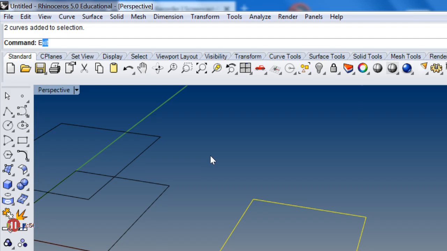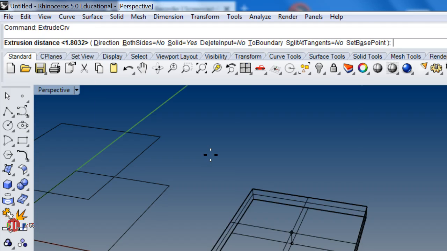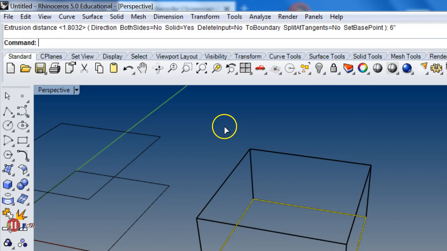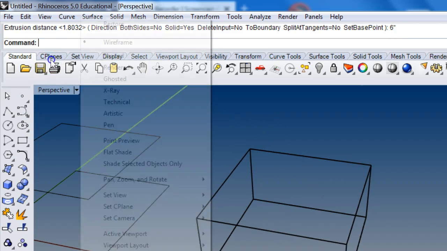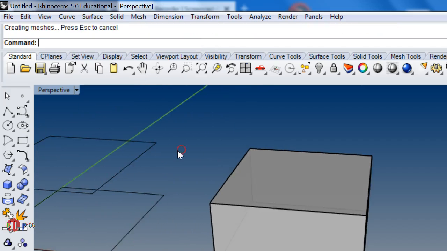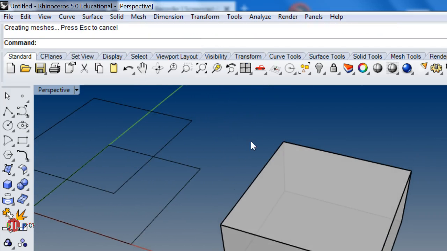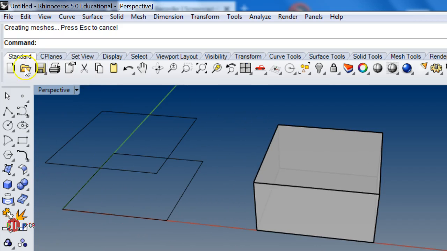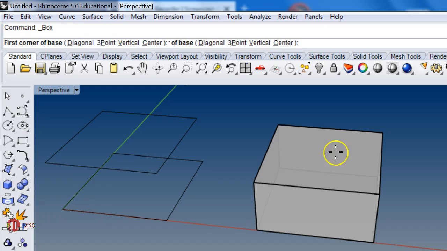Extrude curve. Exactly. See this? You go up 6 inches. And if I turn on display, see we get that. And then another way to do it is to use the box command. So if we come here, click on box,